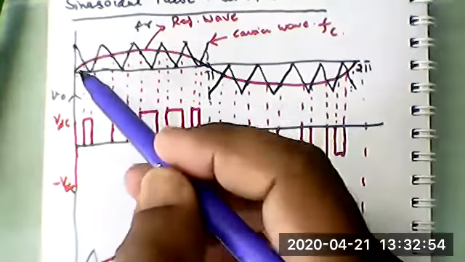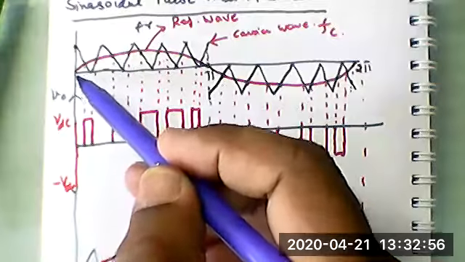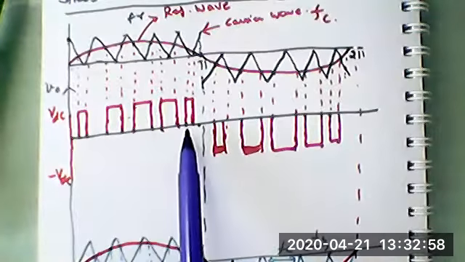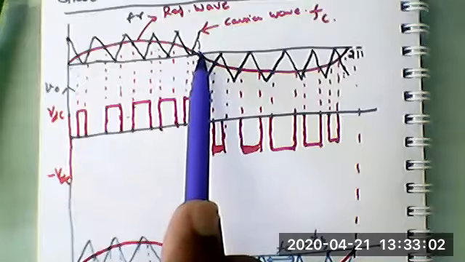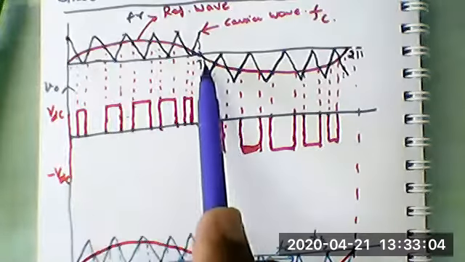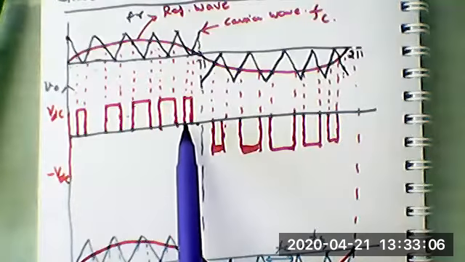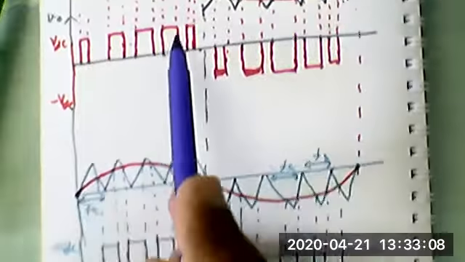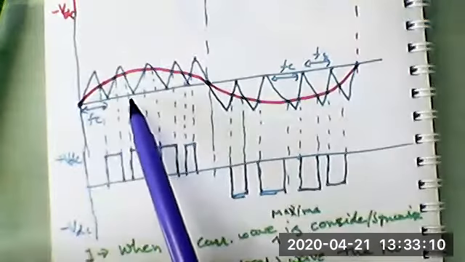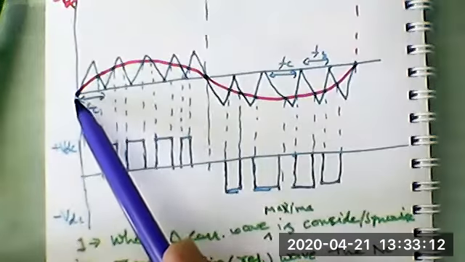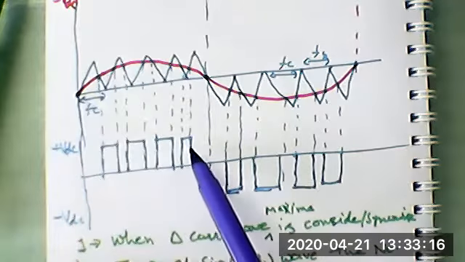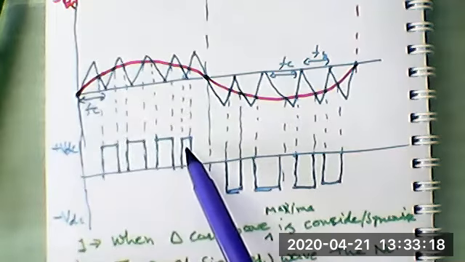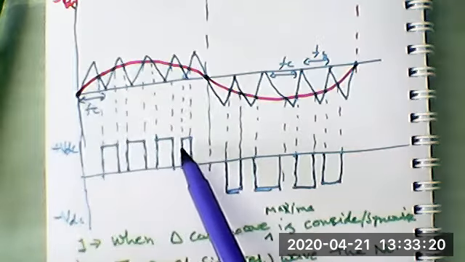The maxima is coincident with 0 of the sine wave. In that case, for example, we have 5 triangular pulses in a half cycle, so we will have 5 pulses. But the frequency is the same, and if you coincide the minima with sine 0, then you will have only 4 pulses.